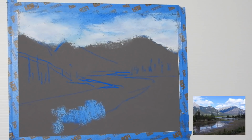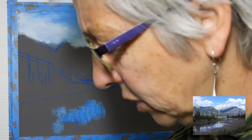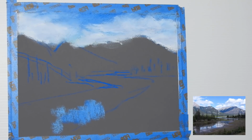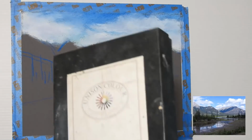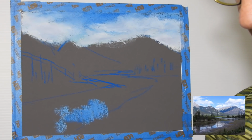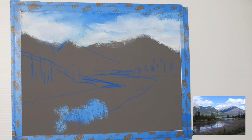So I've got some nice soft clouds there, but they do need a bit of warmth on them from the sun. I'm just looking for my warm white. I think I'll just have to get my light box out now. So again, that's my Unison light set, and lots of lights there. So I'm just going to choose a sort of warm one to put in